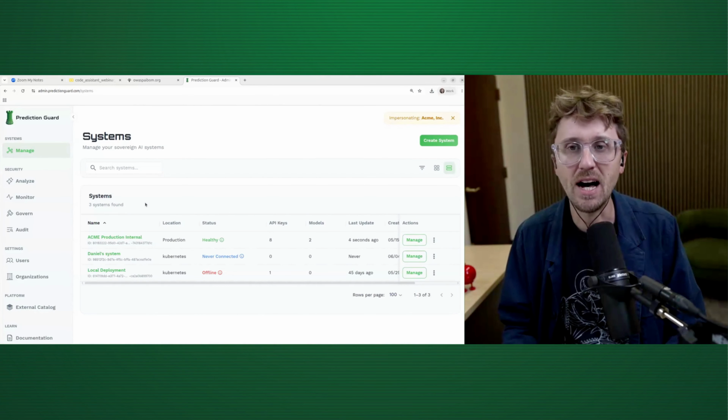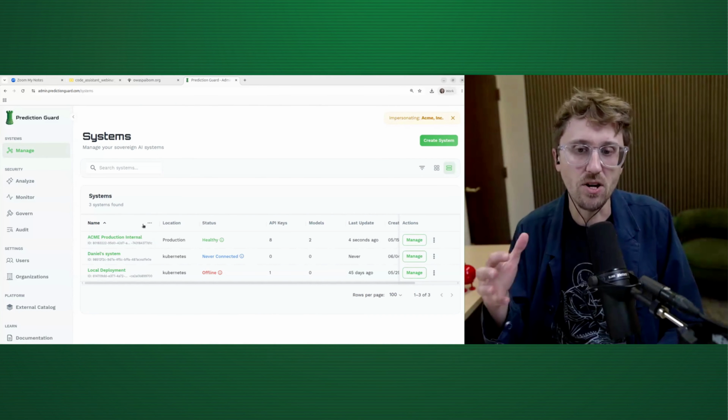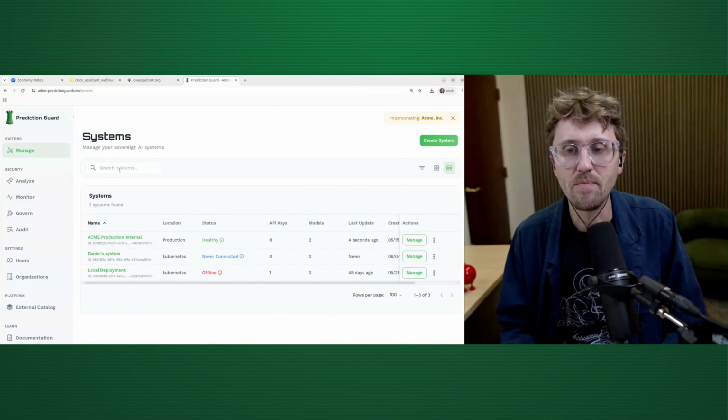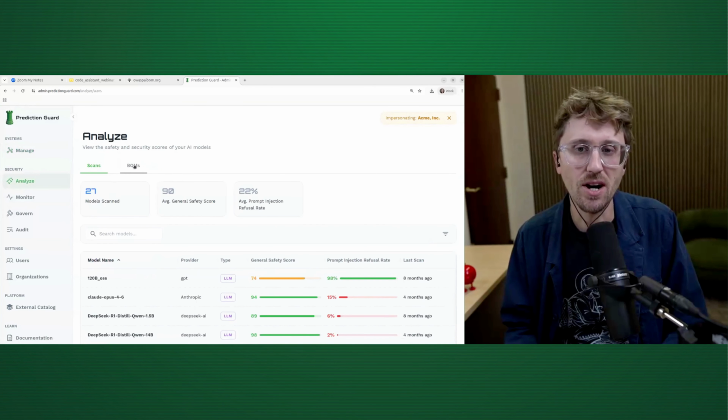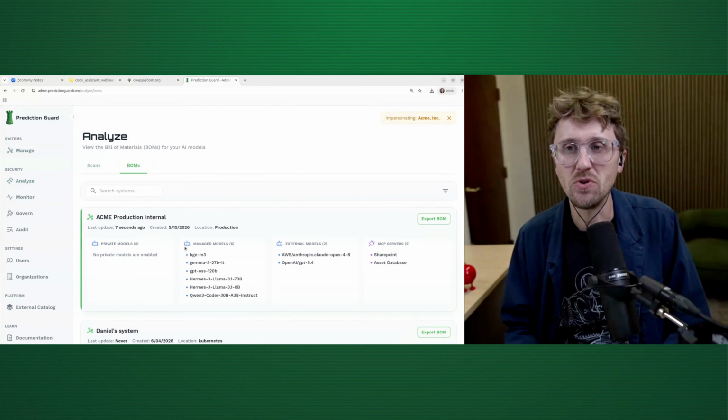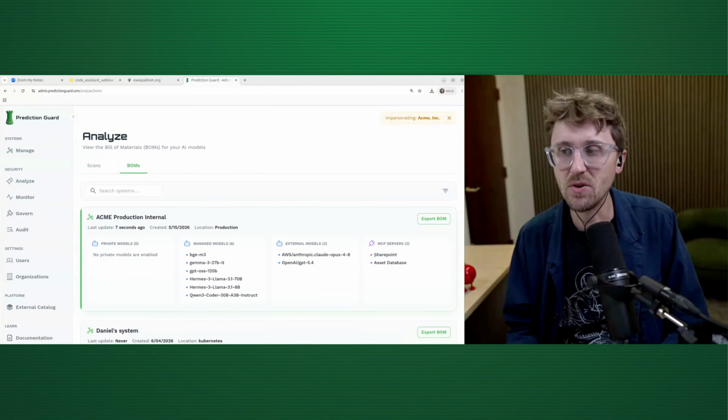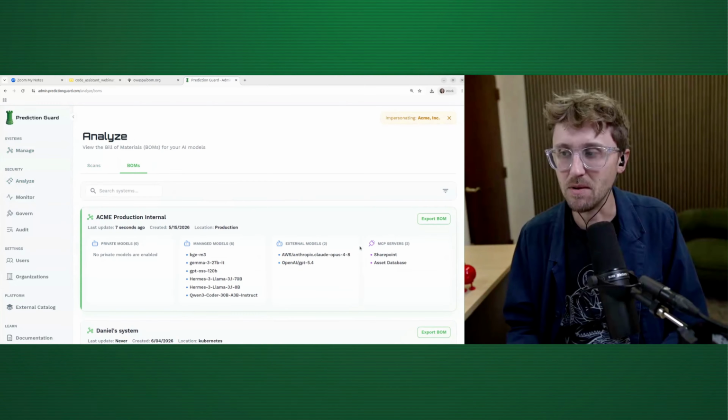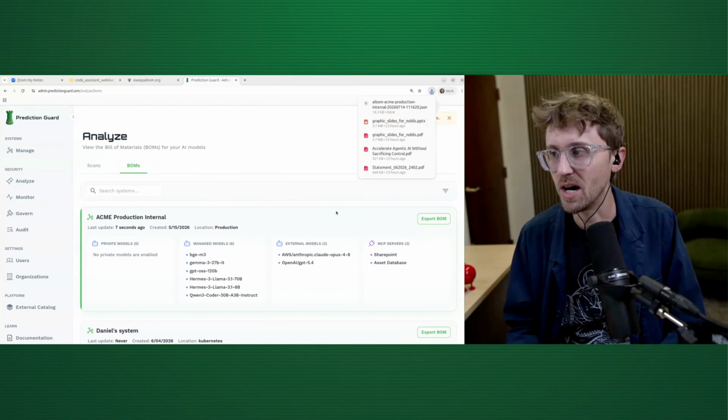And this is actually live in our system. I'm not going to give a complete product tour, but you can see we have various AI systems operating in Prediction Guard. And if I go here to the Analyze tab, I can actually look at these and see, hey, which models do I have operating here? Which MCP servers like SharePoint or others?